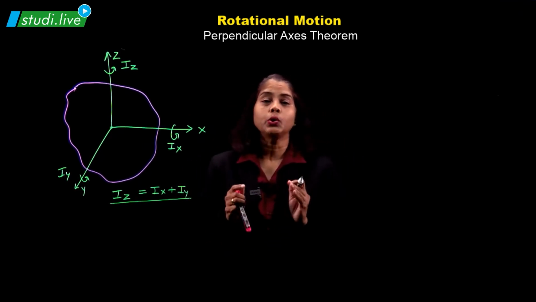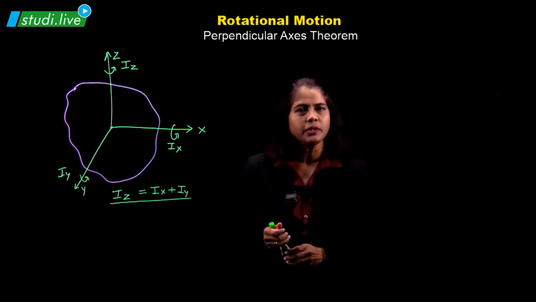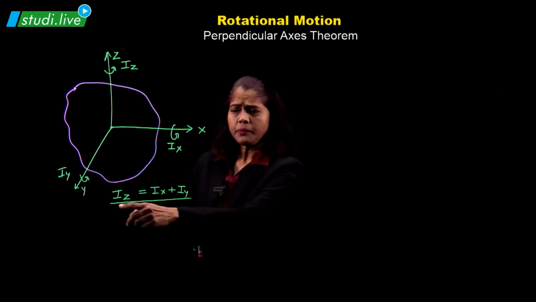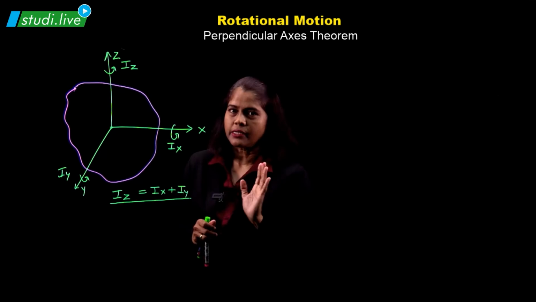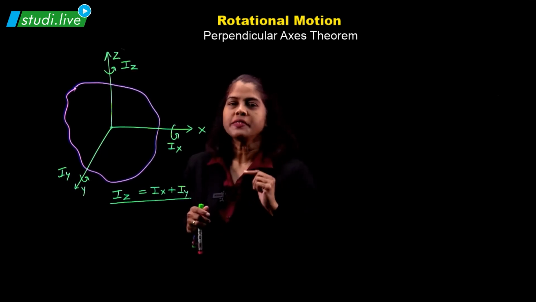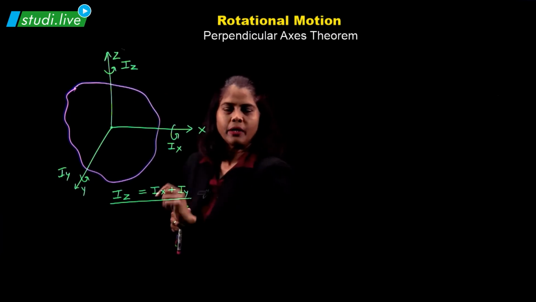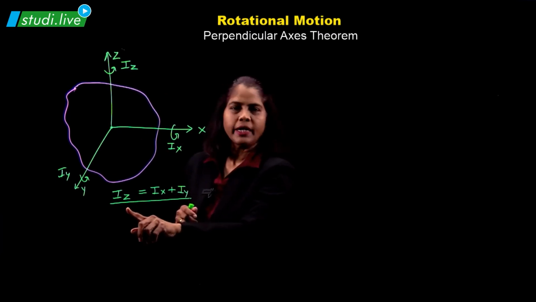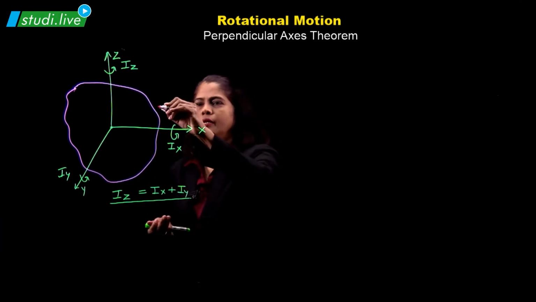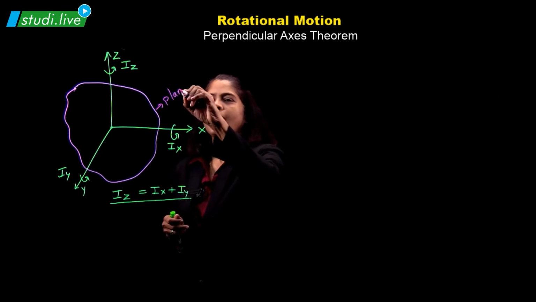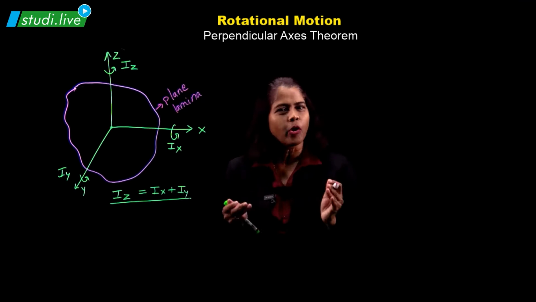So for this, you need to remember this statement. Okay. Now, how to remember the statement, students? For this, we can say that moment of inertia about an axis, we will not mention z-axis, but you should know the meaning of z-axis. Which is z-axis here, which is perpendicular to the plane lamina. So, the moment of inertia about an axis which is perpendicular to the plane lamina. Let me just mention here, this is the plane lamina. This word you can see somewhere, or we can say it is a simple body.